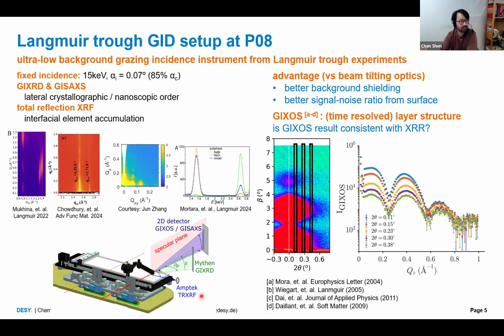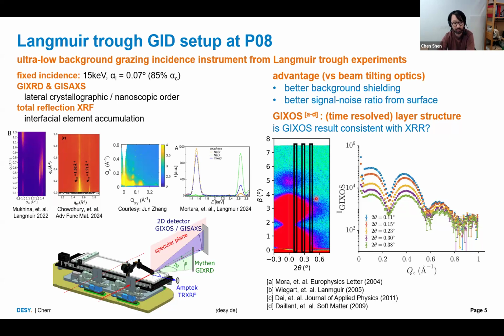Okay, now the users who want to measure the GID data or GISAXS data from this setup often also ask, can't you also provide the layer structure? We cannot do reflectivity because otherwise we have to tune the incident angle, and this is not compatible with all the pinhole and beam stop settings in this setup. However, as people from your group also know, using the GISAXS geometry, one can also get the layer structure information. So here you see a typical GISAXS image that we get from a lipid layer,